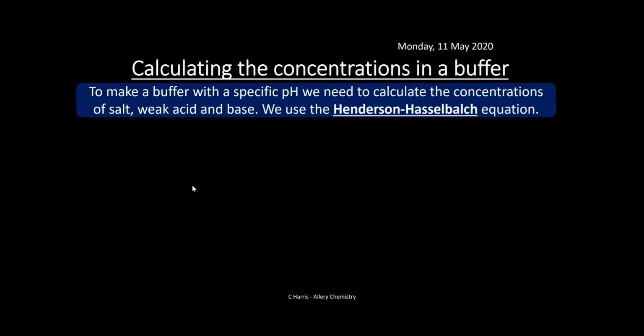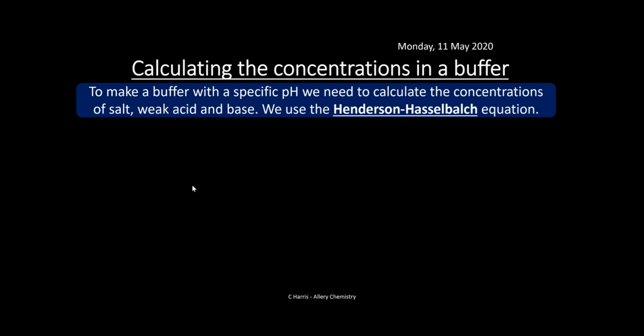Okay, so what we need to do is look at, and obviously we know how a buffer works and the mechanics of it, but what we've got to be able to do is know how to make a buffer with a certain pH. So for example, I might want to make a buffer with a pH of 4. How do I make that? How much weak acid do I have in there? How much salt is required as well? So I need to know what I need to do to make this. Okay, so we use something called a